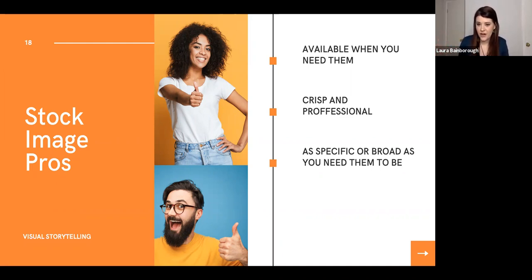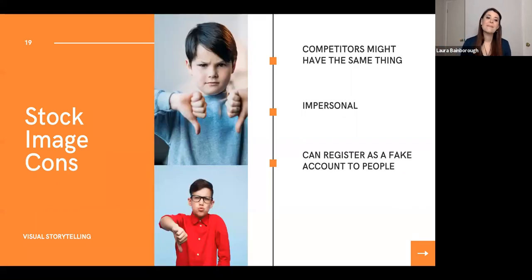It's going to be of higher quality typically, which is great. So it's going to look professional, and it also can be as specific or broad as you need it to be. So it's really great for that. There are some cons though. So the thing with stock images is that your competitors are